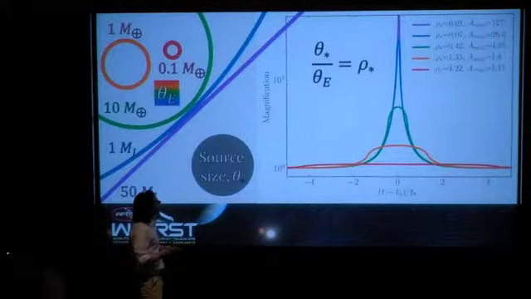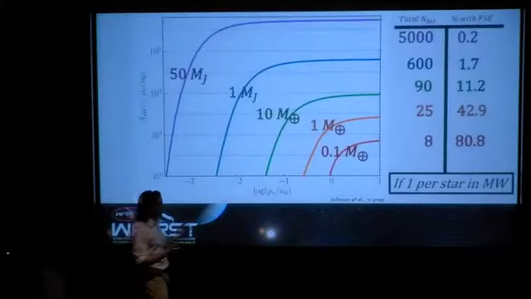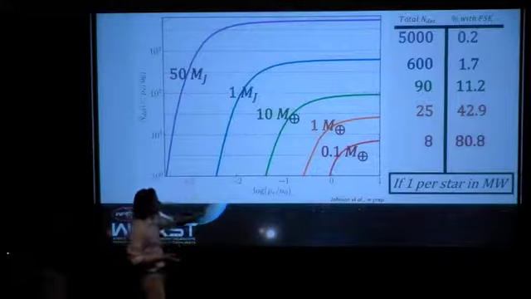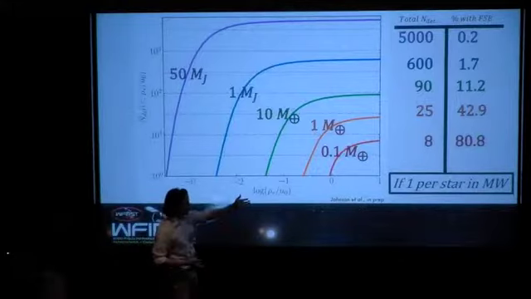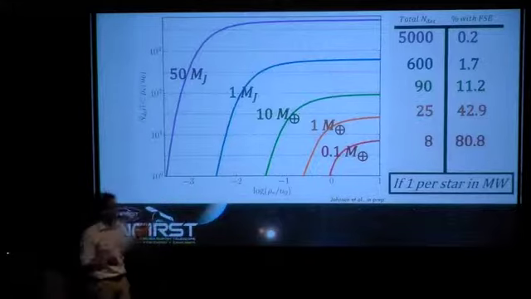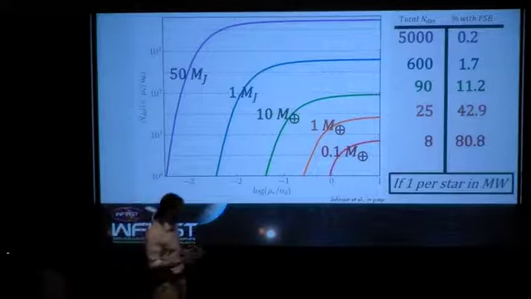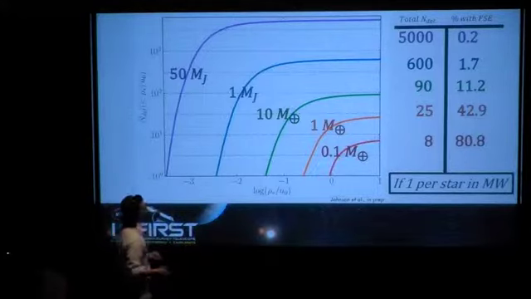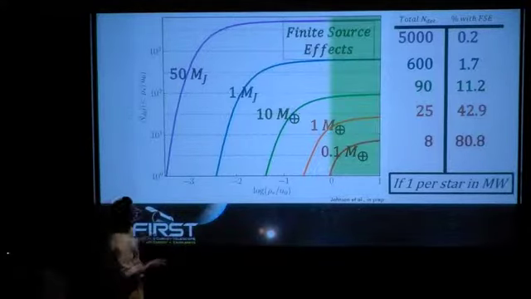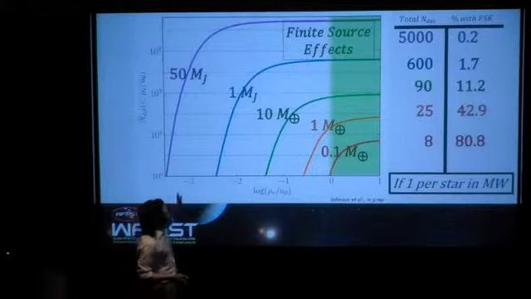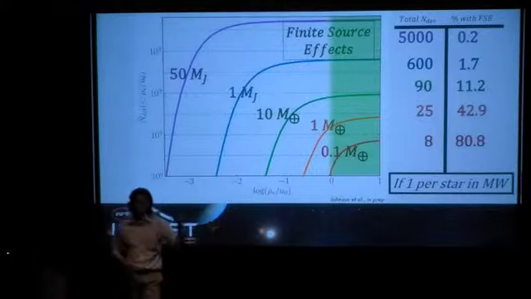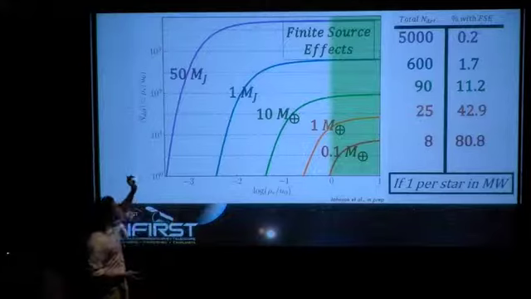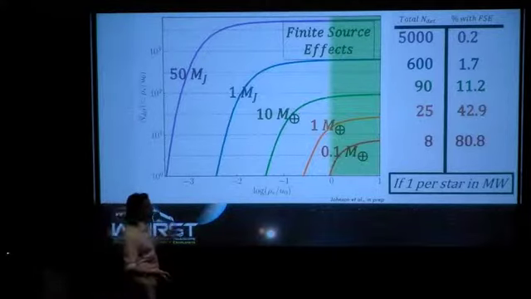A benchmark that we can look at here in this cumulative distribution is that when you divide rho star by the impact parameter u naught and get around 1, then we'll get some occultation of the source and potentially start seeing finite source effects. So I'm going to put this rough boundary here of what we'll say is finite source effects. But if we assume a fairly simple mass distribution, that there's one lens per star in the Milky Way, for the 50 Jupiter mass case.